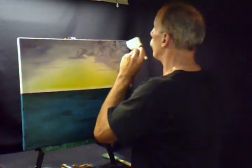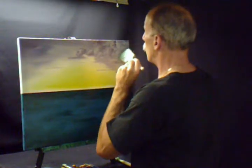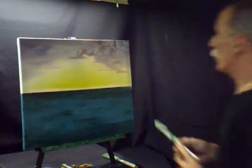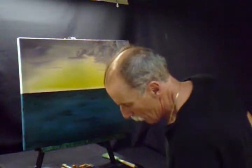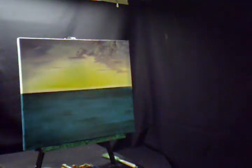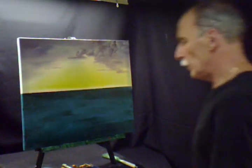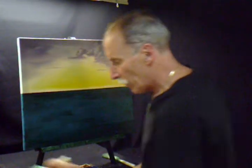You just keep going back and forth, blending, finding some spots where you might want some more clouds to be. Kind of back and forth until you feel that you got it the way you want it. And I think I do. Knock the excess off. What I want to do now is come in